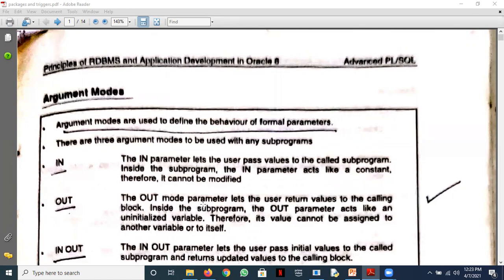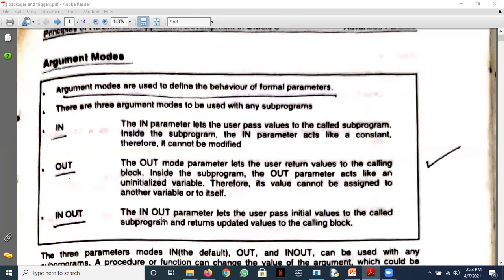In Python, a function can return any number of values per call. That is the difference. If you want your variable to be passed as an in variable and also behave like an out variable, then you can declare it as in out.